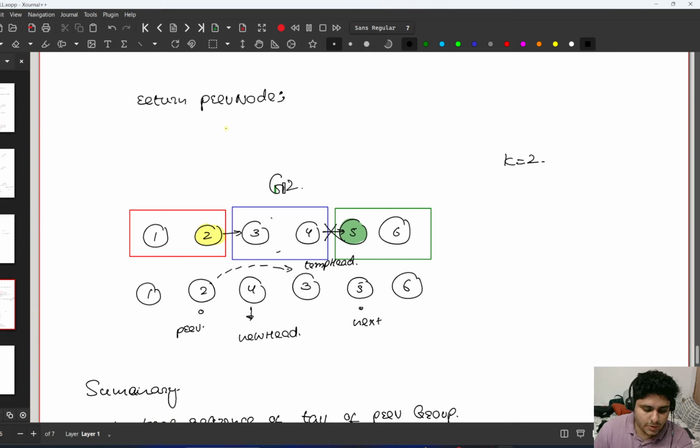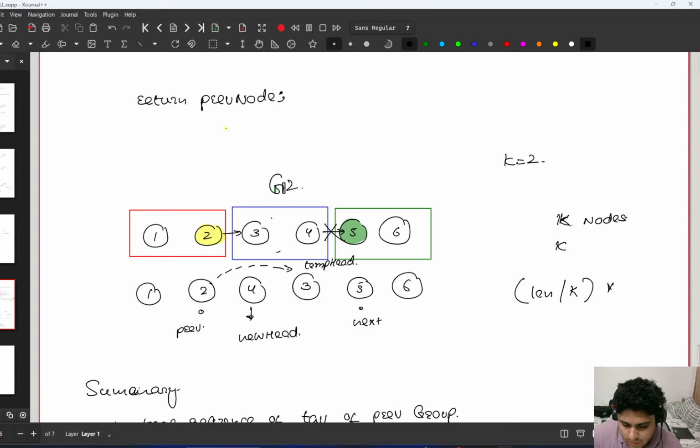For every group, we are doing a certain function, that is finding the kth node, and to find the kth node, we move k levels. So we move k nodes, right? For every group, k nodes, and then we reverse it. That also takes k, right? But actually, how many k's are there? That would depend upon the length divided by k